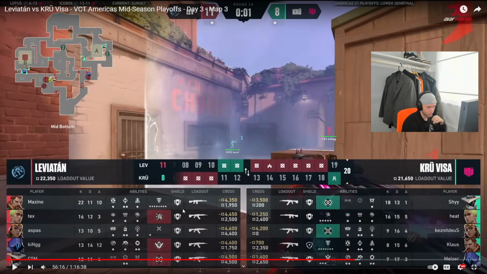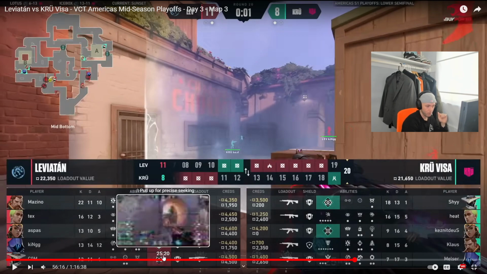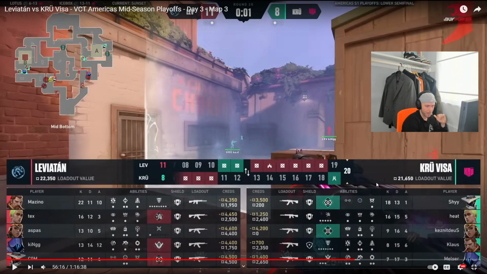We got 1 off breach for Mizzino. Breach ult for Mizzino. We've got Texas ult. Aspas' ult is not even in play. We've got Omen ult and we've got Cypher ult. Okay, we're really not going to call the round around the Cypher ult or the Omen ult in most cases. On some maps you might, but not so much on Sunset. There are a couple ult plays that you can run, but the main thing here that I'm worried about is